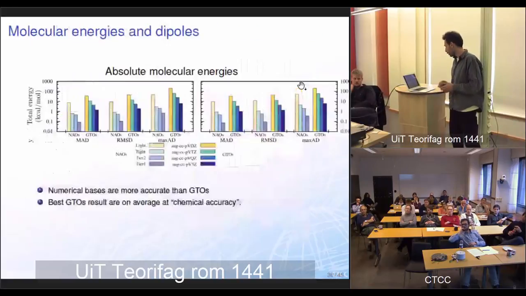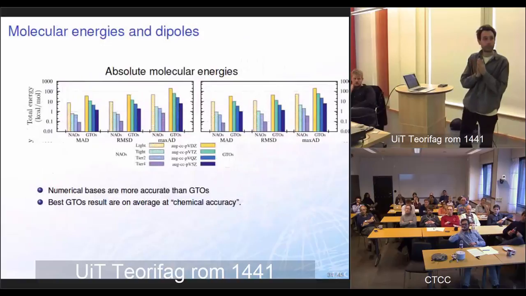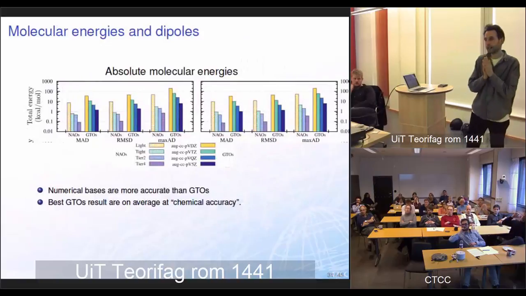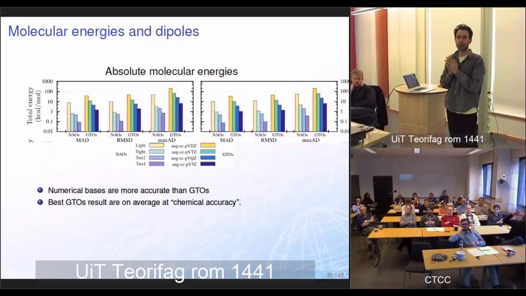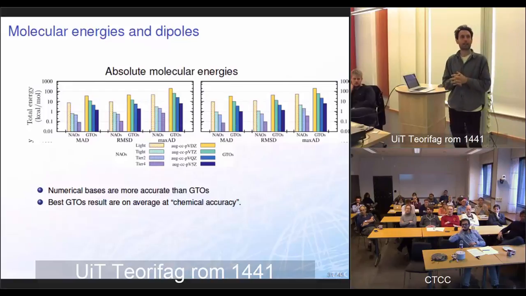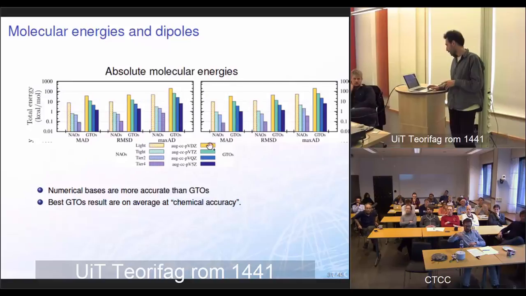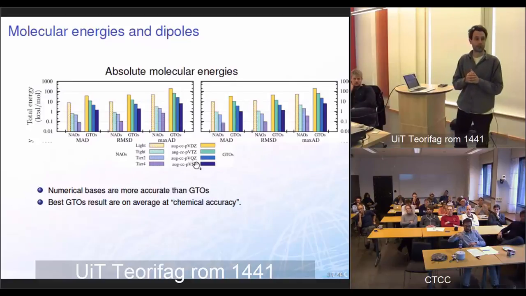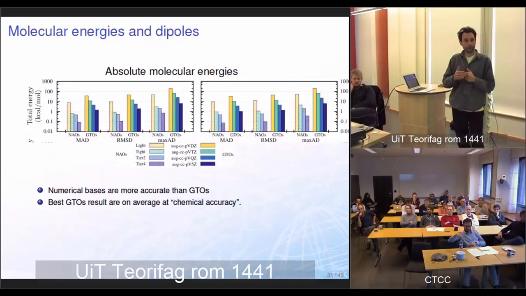Okay, so let's go on to molecules. We have taken a test set comprising the G2 test set, which is 147 molecules, plus some more for a total of 211 molecules. And we have compared different calculations performed with numerical atomic orbitals on one side and Gaussian type orbitals with increasingly